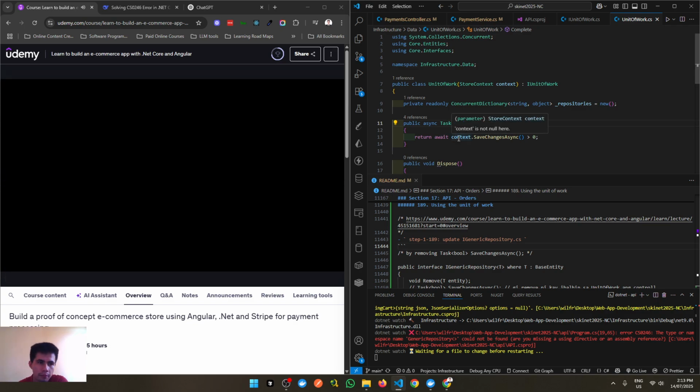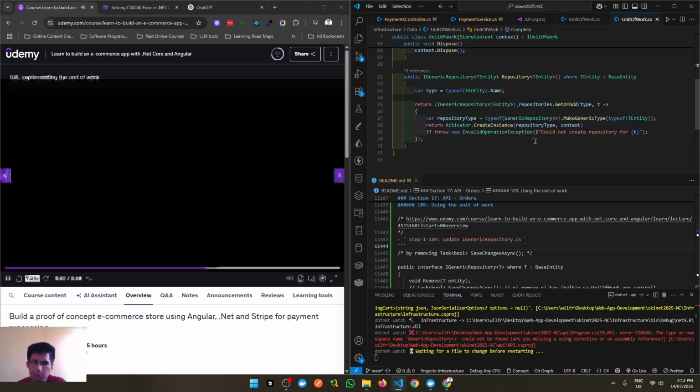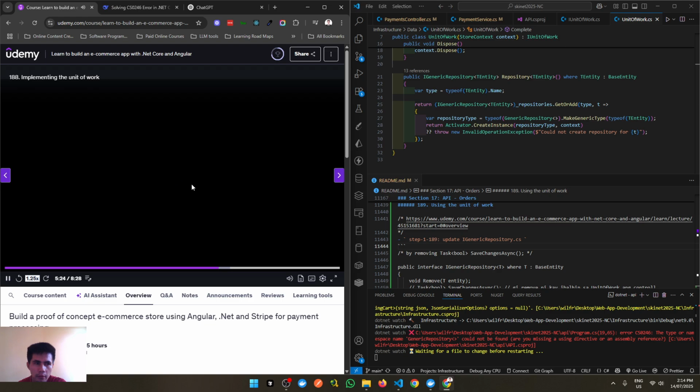So then let's go back down to our method for the repository, and we'll say _repositories.GetOrAdd, and we're going to pass in the type, so that's the name of the entity, and then we'll say t and add an arrow, and below this we'll create curly brackets for the code block. So first of all, we need to know what the repository type is. So we're going to say if our repository type equals typeof, and then the implementation of GenericRepository, not the interface